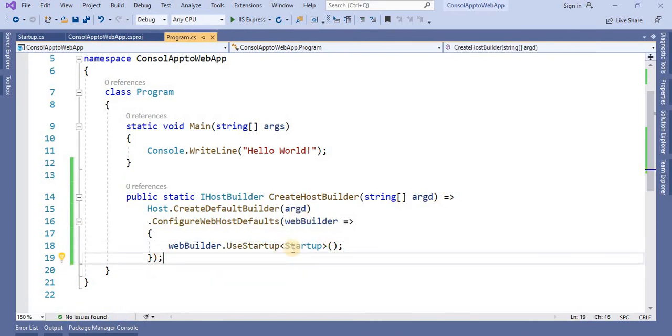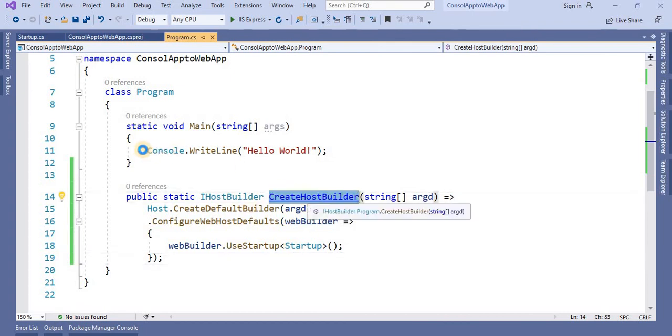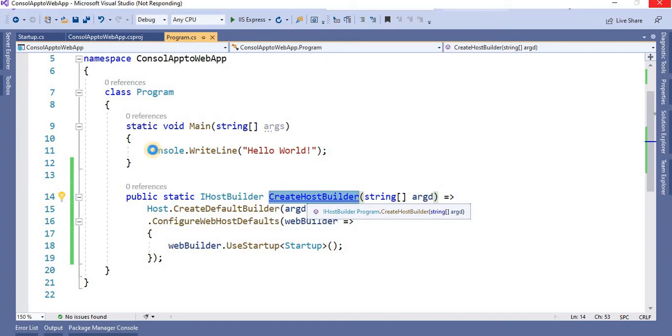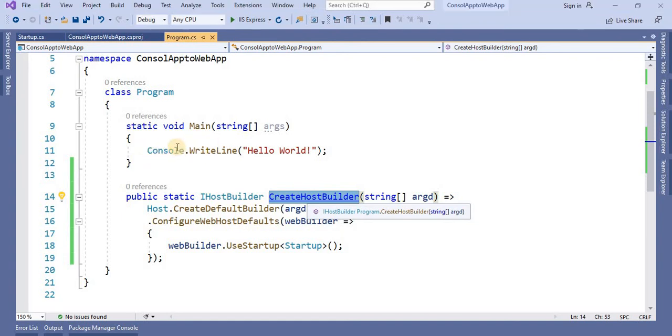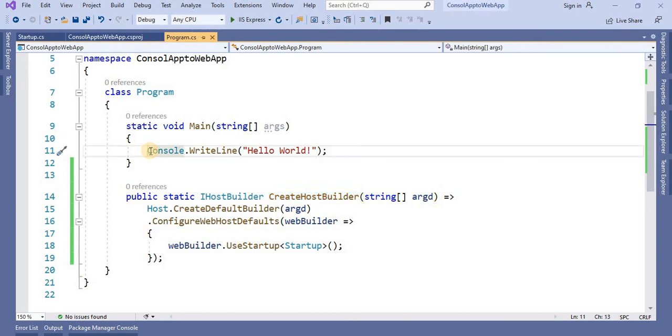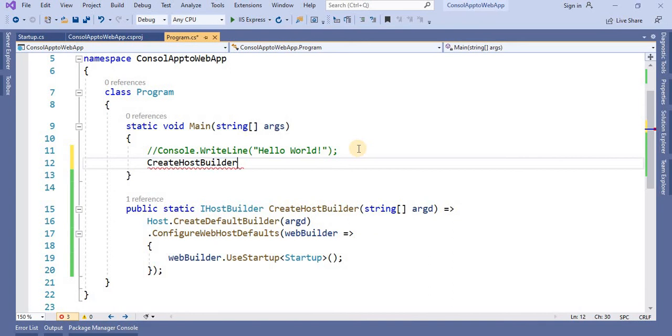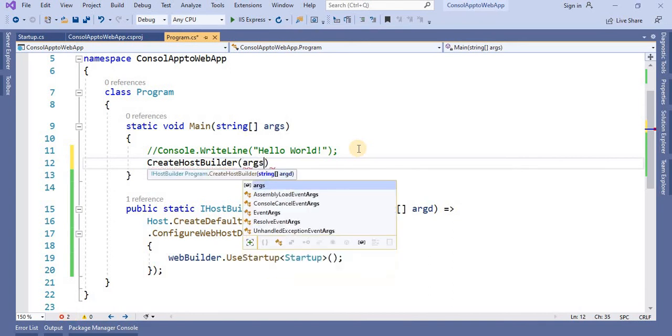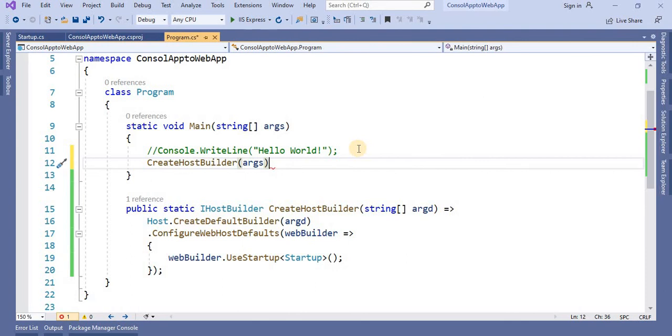Now we have to call this method from the Main method. So let's wait for a minute. Okay, so let's comment this one. This method will take the argument, so let's take the argument, then build it, and then run this application.